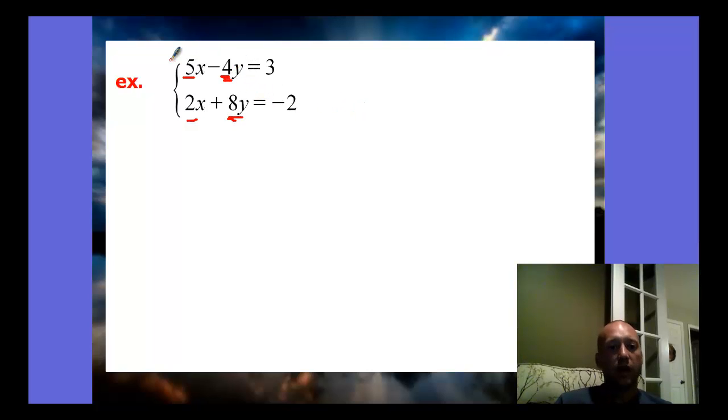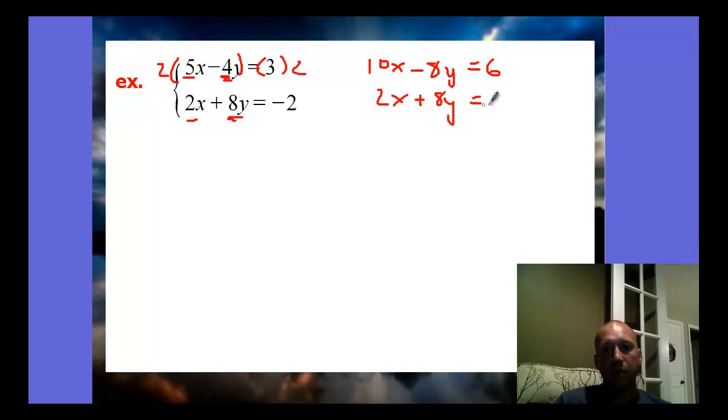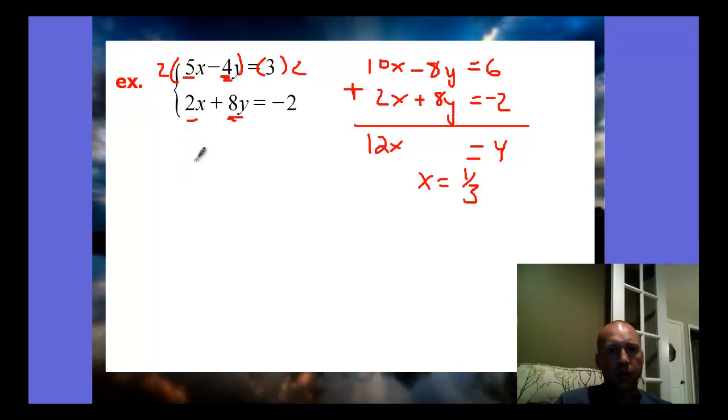So if I multiply the top equation by a 2, both sides by 2, it gives us 10x minus 8y equals 6. If I rewrite the second equation, now I have opposite coefficients for y, which will then allow me to add the equations to get 12x. I now have 0y and then 4. So we find x is 1/3. If I divide by 12 and reduce, I would plug it back in, maybe this